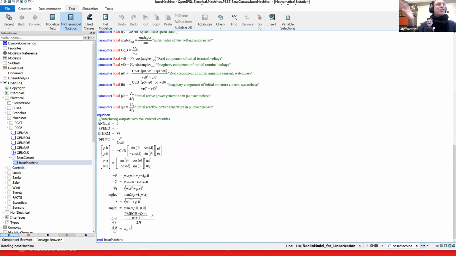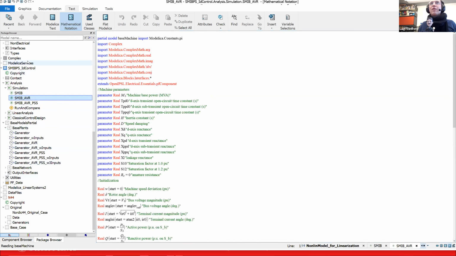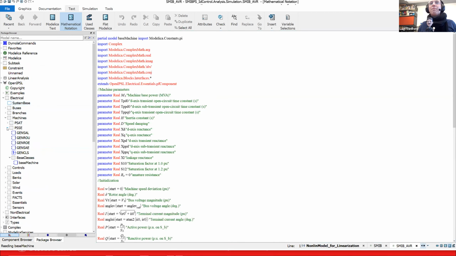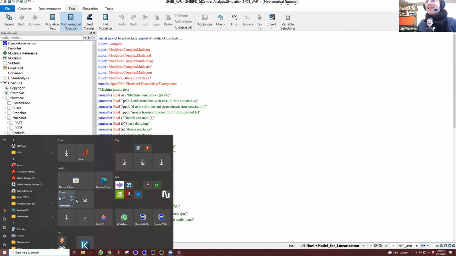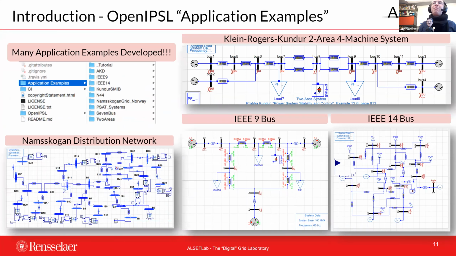So that's the language. And this little library shows you all of these components, and you can assemble a variety of types of power system models with it. So let me go back to the slides. Of course, I can run a simulation if you're interested, but this is the idea, right? So we can use and assemble our models here. Okay, there are many application examples with the library if you want to try it.